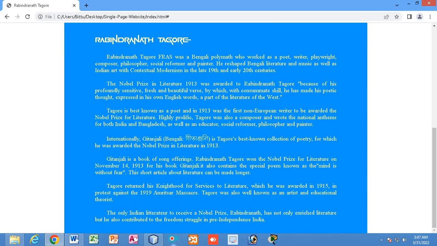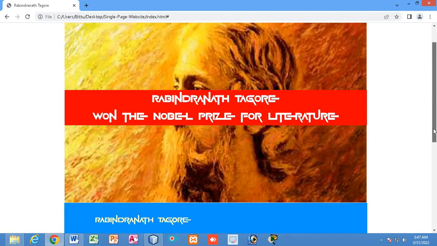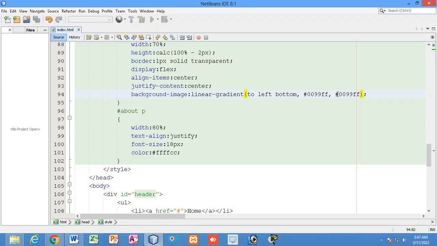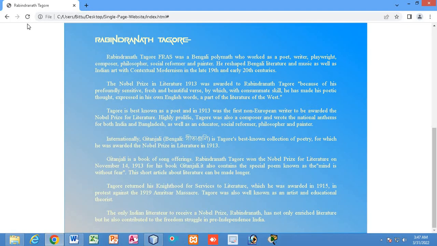So fine. This is the menu, or you can also do one thing, you can add this color to, let us see how it looks. This is also okay, fine.